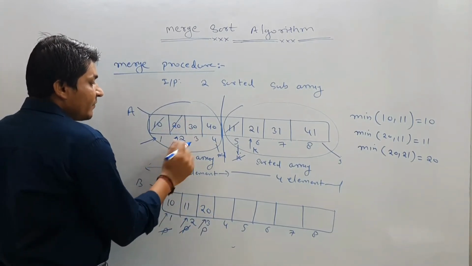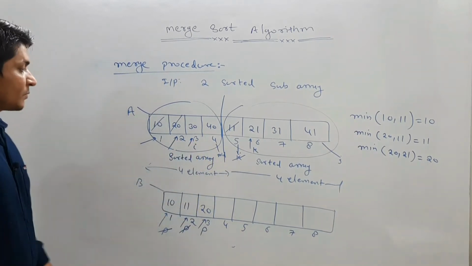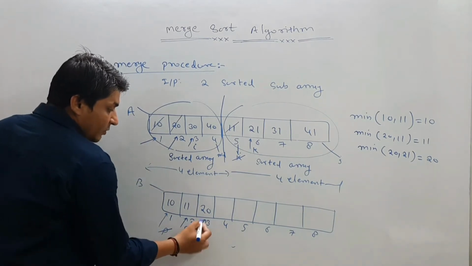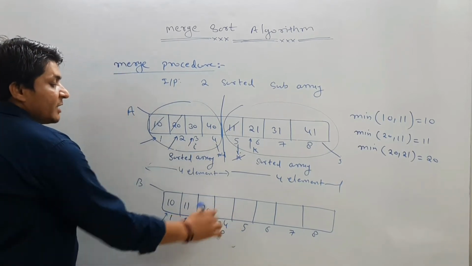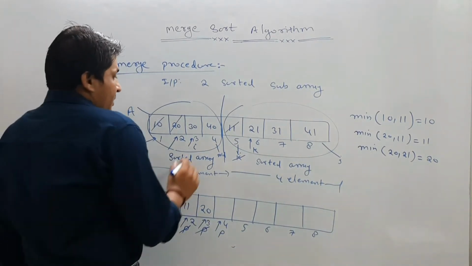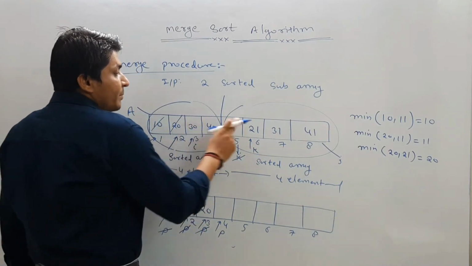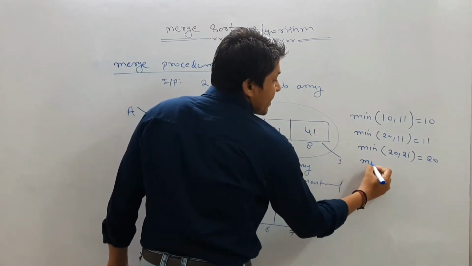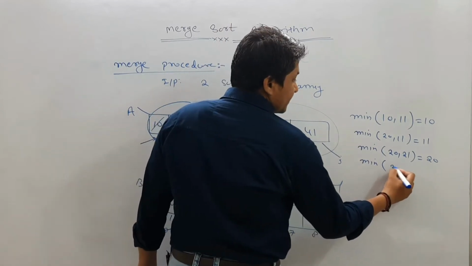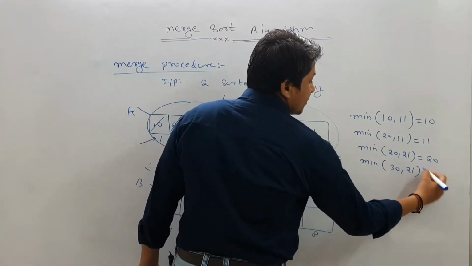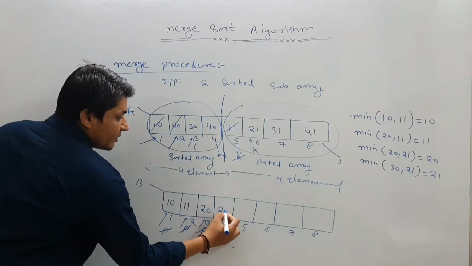So let us increment the value of I. So I will start pointing to the next location, which is 3. So I is pointing to this location. Correct? Now we have already copied 20 here, so p will start pointing to the next location because we are going to copy the next element at the fourth location. So now I is pointing to location 3 and k is pointing to location 6. So we are going to compare these two elements. So minimum of 30 and 21. What is the minimum in this case? 21. So now 21 is the minimum. So we are going to copy 21 at this location.